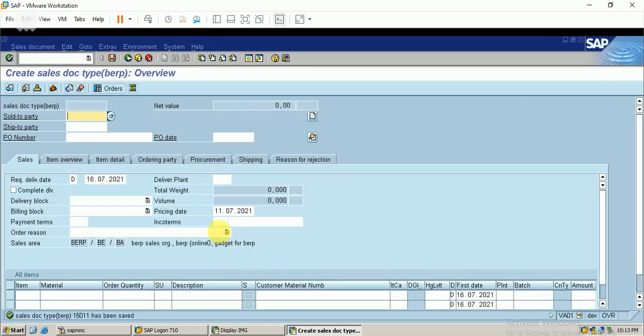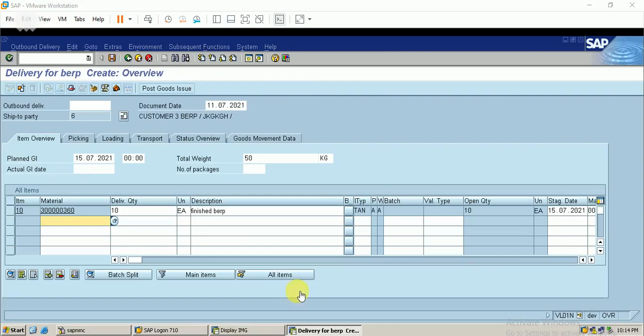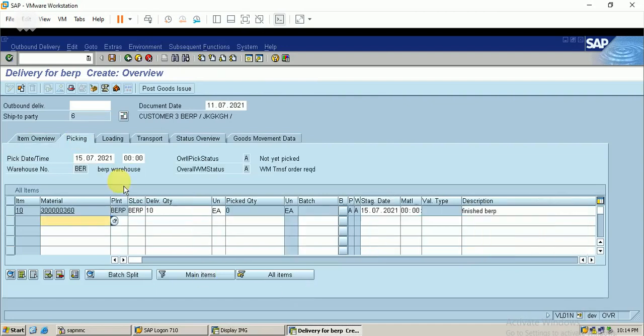So the sales document is created. We can move on to the delivery. I just go on with enter. So the picking, the loading.